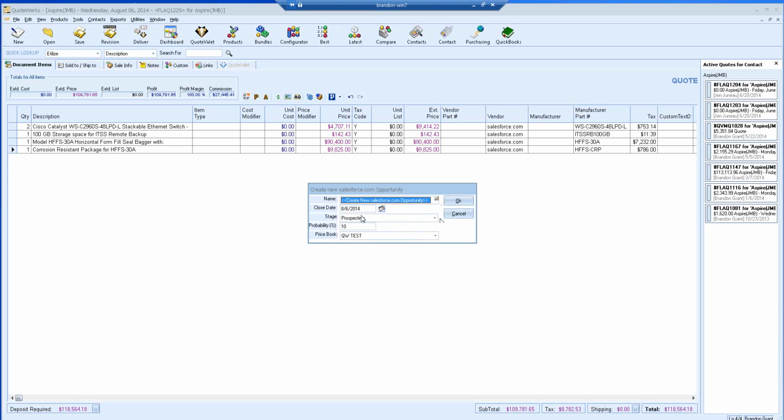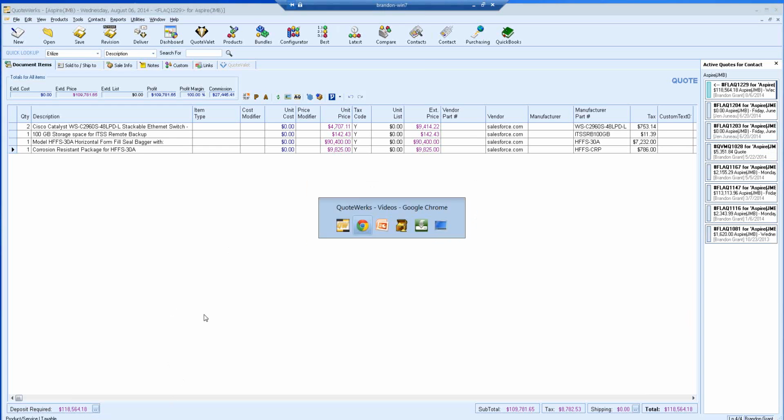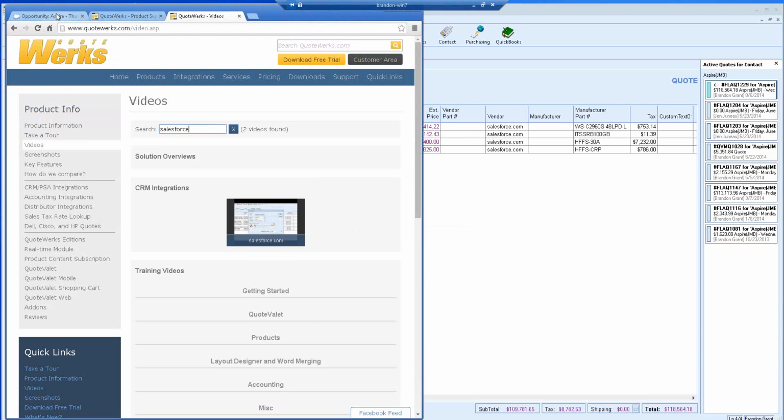Once that's done, you can set your close date, your stage, and your probability. And then this is where that price book can come in handy. If you have a default one that you want these QuoteWerks line items written to, you can set it here. Or if you have an existing one that you want to use instead, you can choose from the drop-down. So we'll go ahead and hit OK, and we're going to create that opportunity in Salesforce. Then it's going to write our items in if they exist. And then we can go back to our